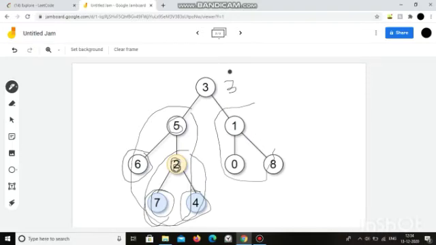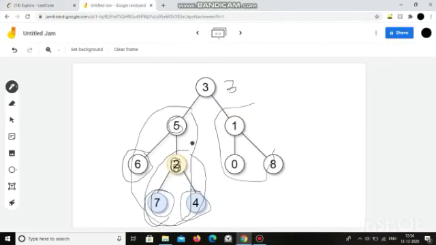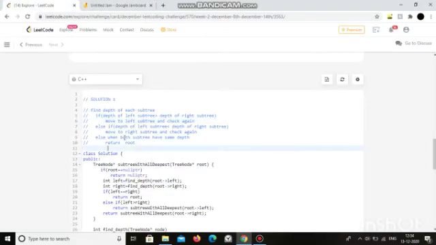So that was the basic idea. I hope it was clear. I'll explain it again through the code. So we have to find the depth of each subtree. If the depth of the left subtree is more than the depth of the right subtree, we move to the left subtree and do the same process again. If the depth of the left subtree is less than the depth of the right subtree, we move to the right subtree and do the same thing again. And whenever both subtrees have the same depth, we simply return the root value,